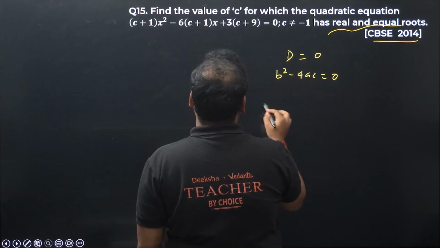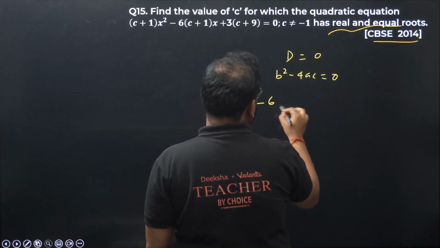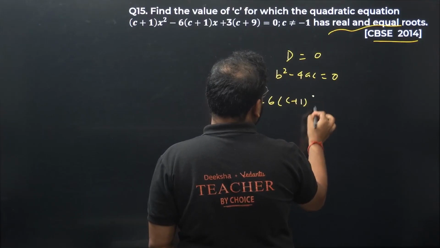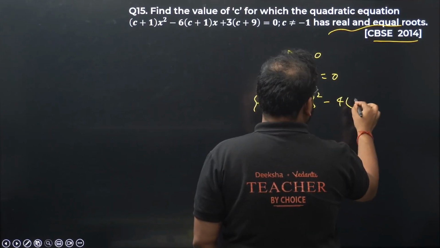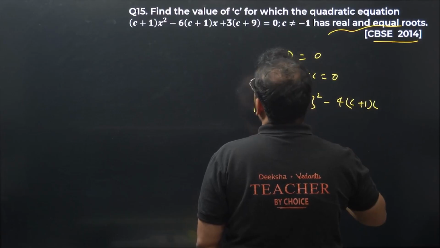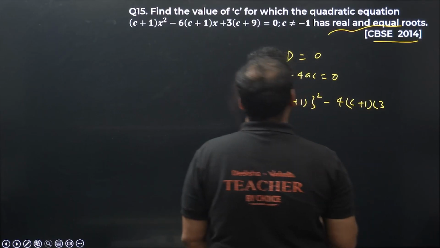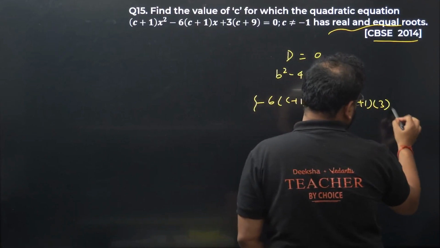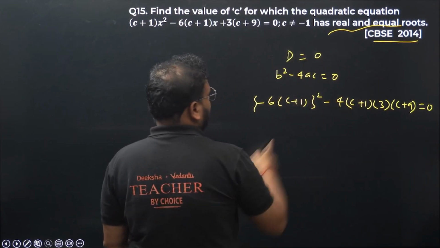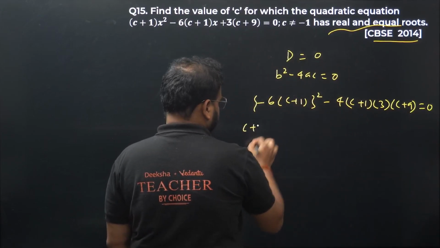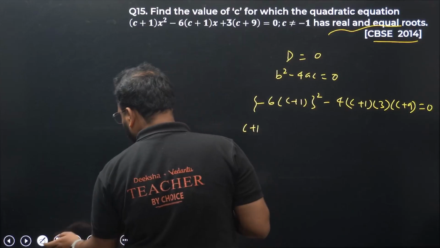Okay, so I'll have here minus 6 c plus 1 the whole square minus 4 times a, so c plus 1 and c 3 times of c plus 9 should be equal to 0. I do have c plus 1 common. Before I do that,